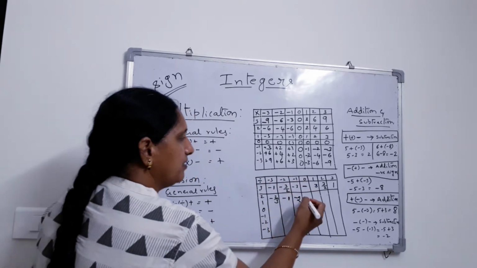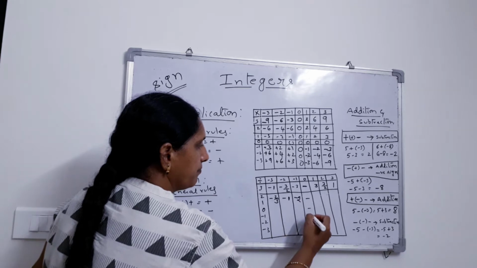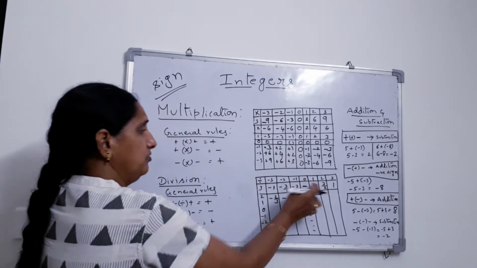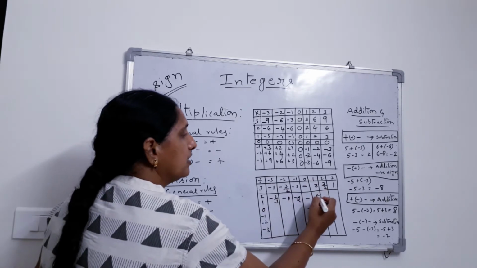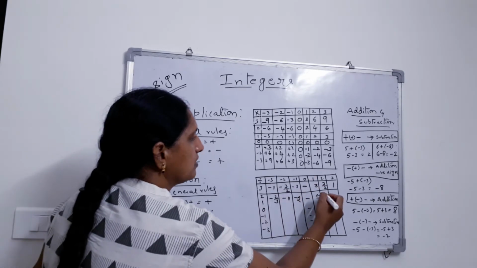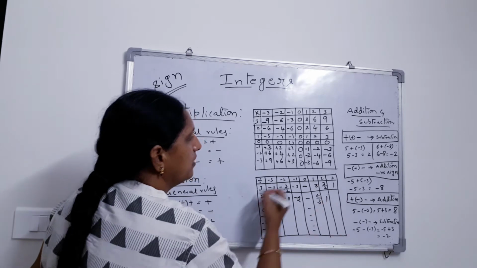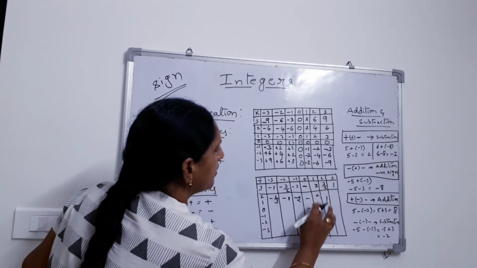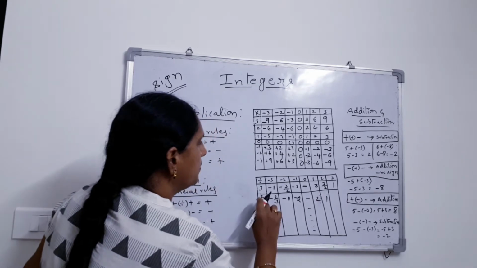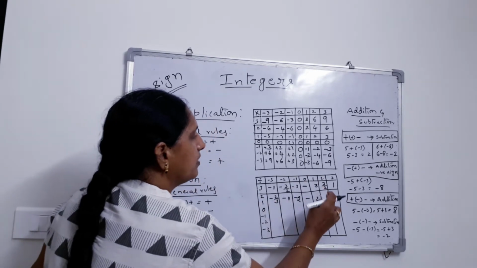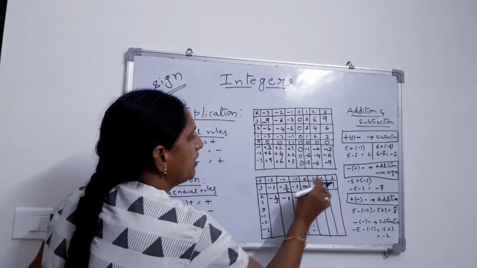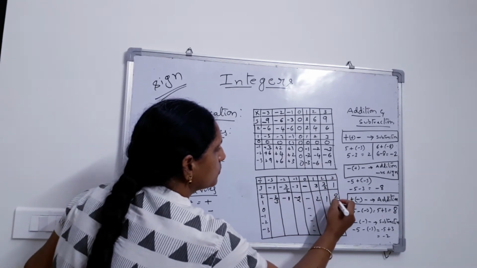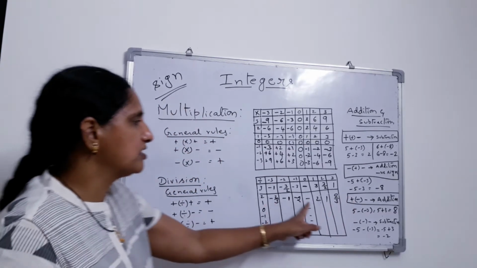Now 2 divided by 0, same, everywhere same. So this one we are not going to touch now. Now 2 divided by 3, everything positive. Now 2 divided by 2 is 1, 2 divided by 1 is 2, 2 divided by 1 is 2, 2 divided by 2 is 1, now 2 divided by 3, all positive here.